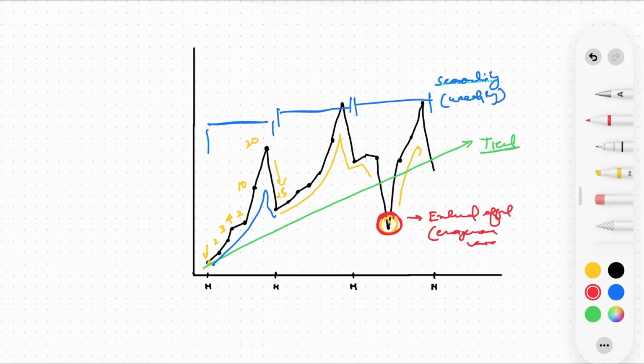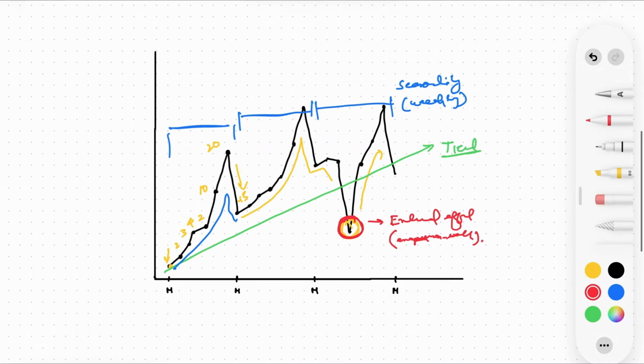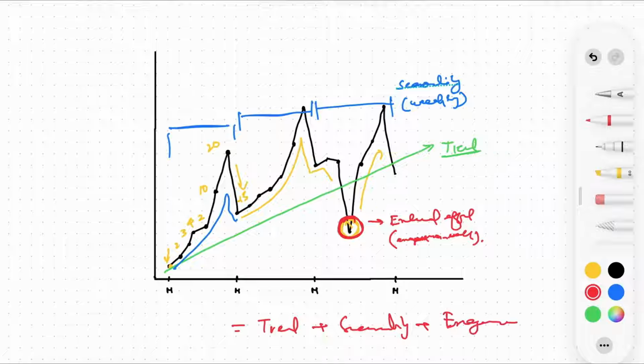exogenous variable. When we talk about time series forecasting, it is nothing but capturing some of these components. So it is just capturing the trend plus seasonality plus these exogenous variables, and that should be it.